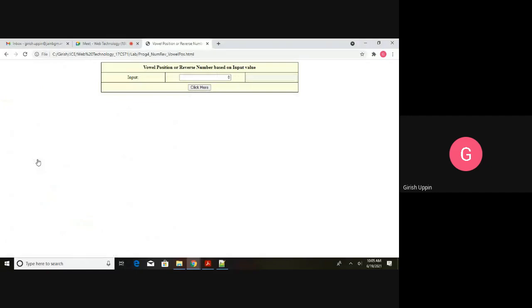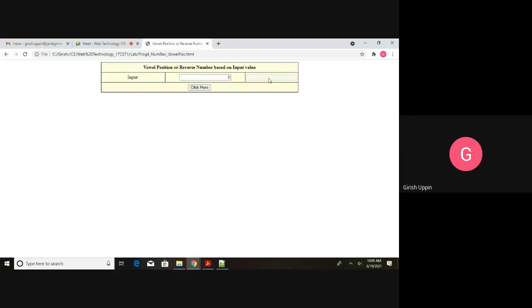So this is the structure. Again you can see a table here, and there are 3 rows, and you can see clearly 3 columns. The first row is spanning 3 columns, and the last row is spanning 3 columns. The first row has some text. This is a header. It has vowel position or reverse number based on the input value. The second row has a first td with some text. The second one is an input of type text.